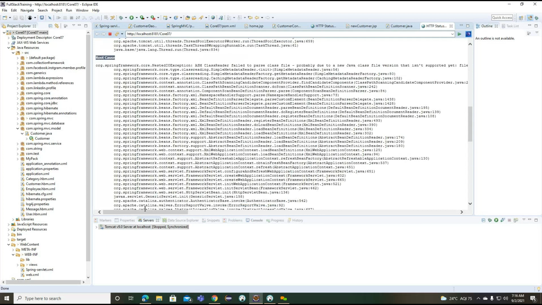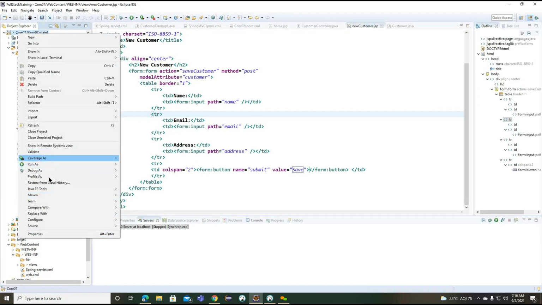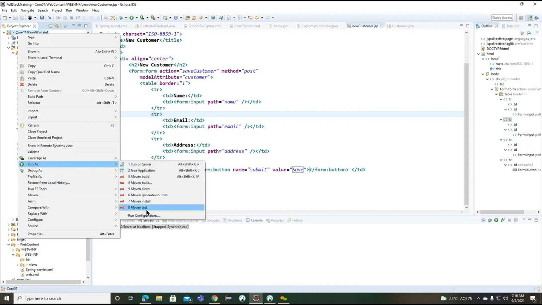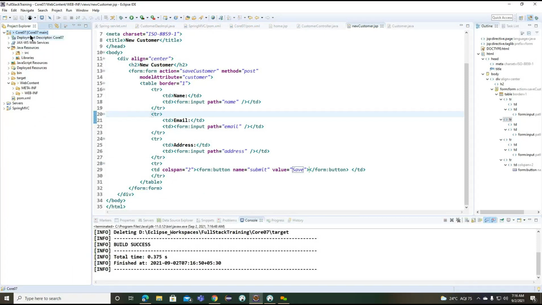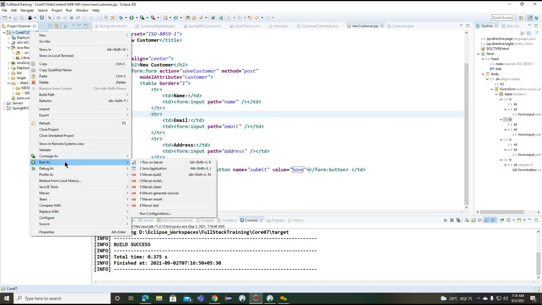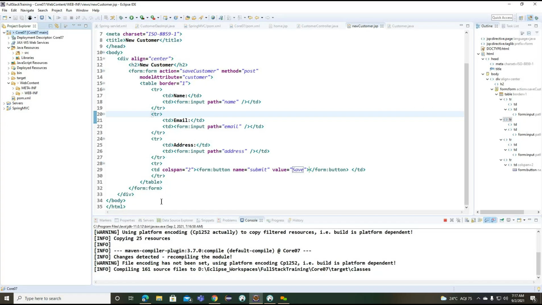Okay, to resolve this error, maybe it's trying to load from the jar, I think.